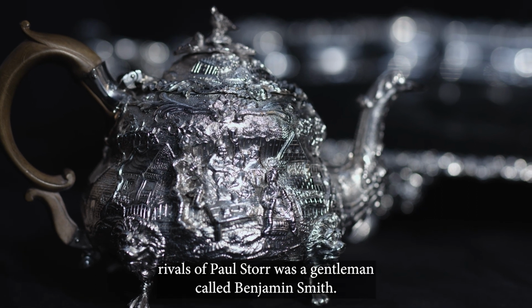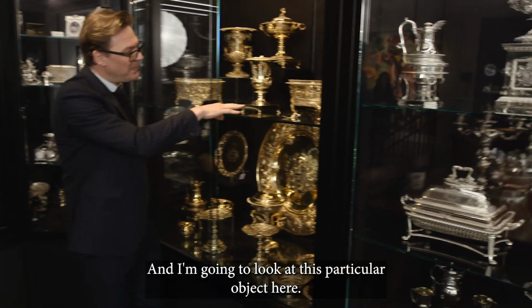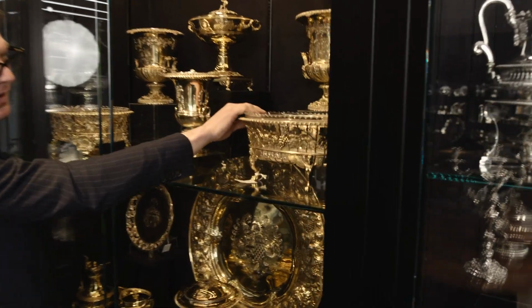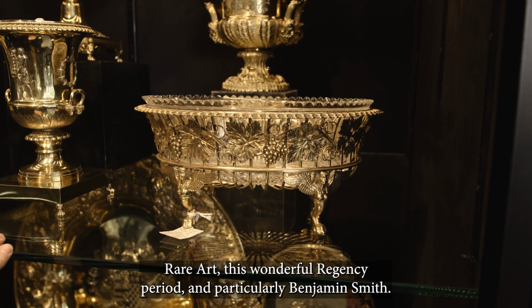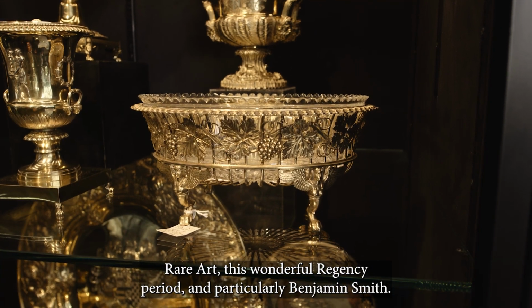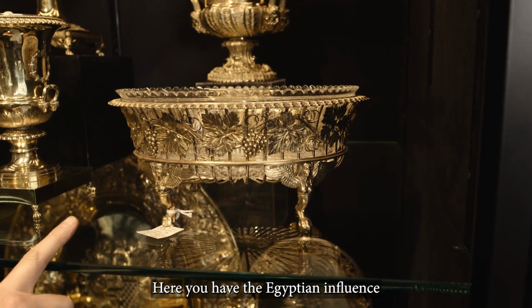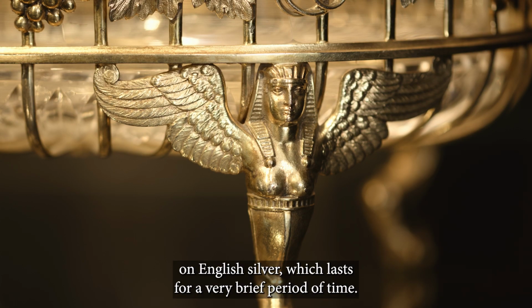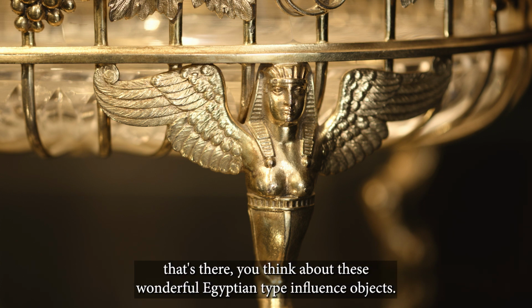One of the great rivals of Paul Storr was a gentleman called Benjamin Smith, and I'm going to look at this particular object here. I mean, this is very much another area of specialisation for Koopman Rare Art, this wonderful Regency period, and particularly Benjamin Smith. Here you have the Egyptian influence on English silver, which lasts for a very brief period of time. You think about things like the Brighton Pavilion, you think about the silver that's there, you think about these wonderful